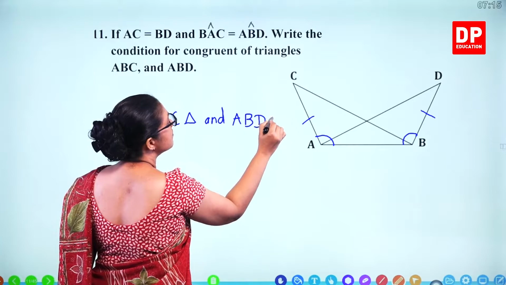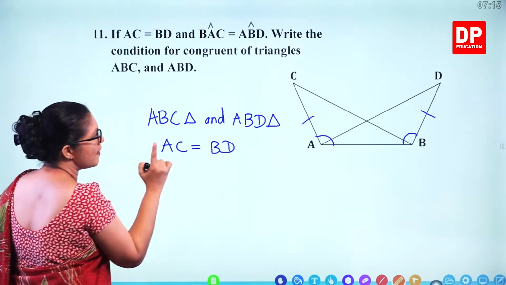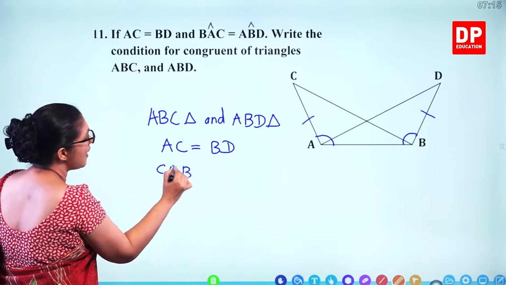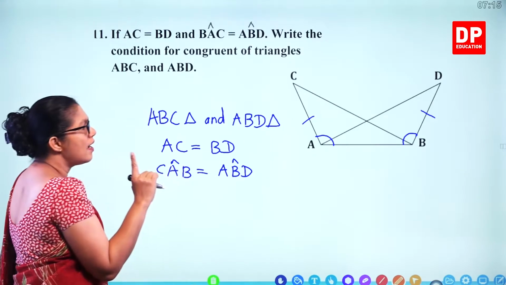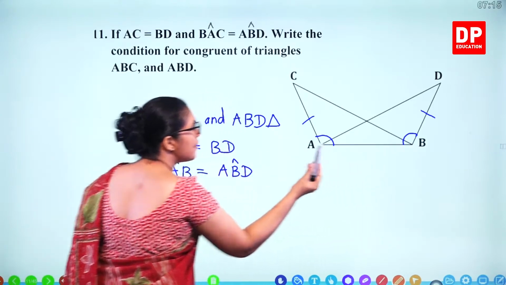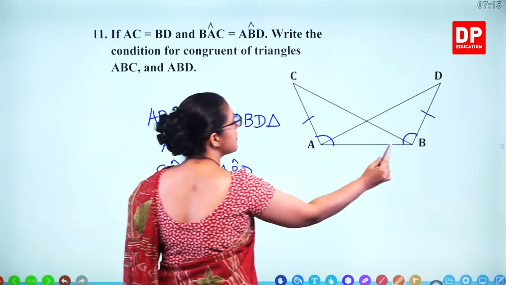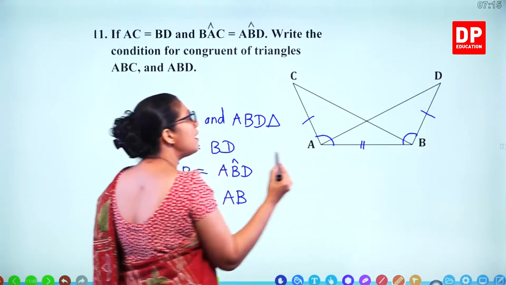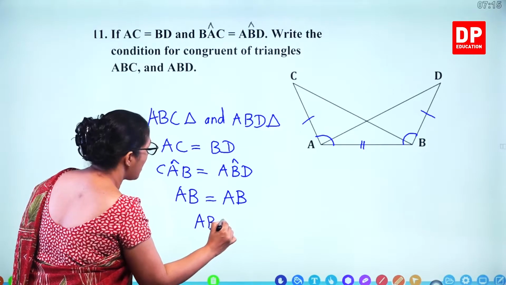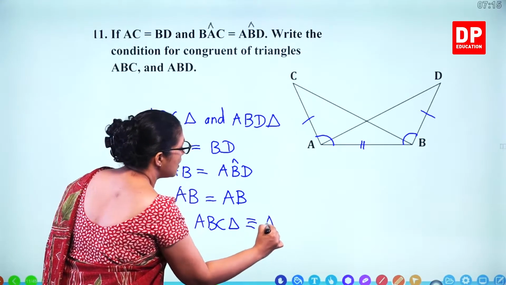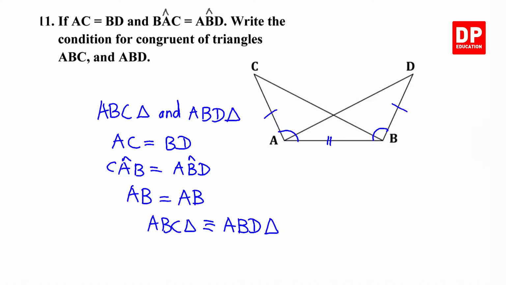triangle ABD. We know that AC is equal to BD. That's given. And also angle CAB is equal to angle ABD. That's also given. And what can you say about the length AB? AB is common. So you know 2 lengths and the included angle. So what's the congruency? The 2 triangles are congruent because of 2 sides and included angle, SAS,